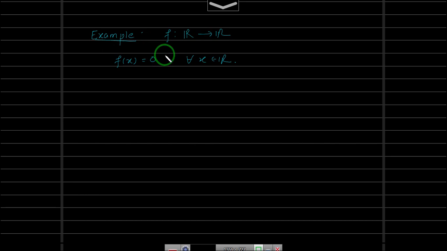But on the other hand, if you take any closed set here and check its image, all the points will be mapped to the singleton {0}, and we know that the singleton {0} is closed in R. That means this f is a closed map but not an open map. Okay,